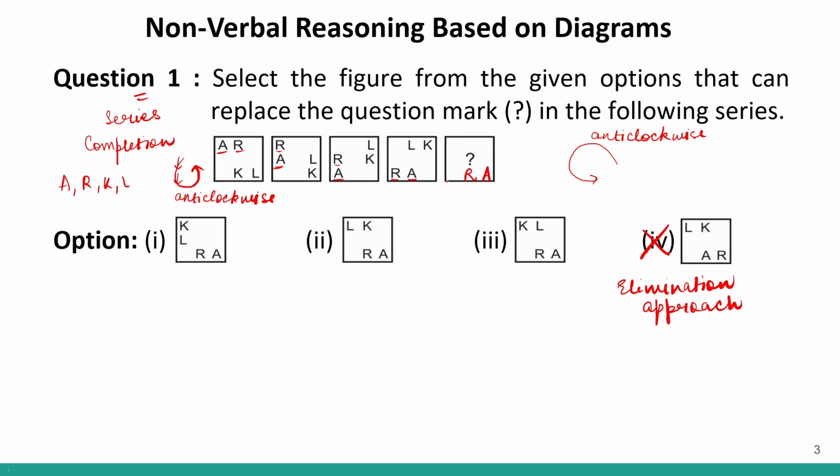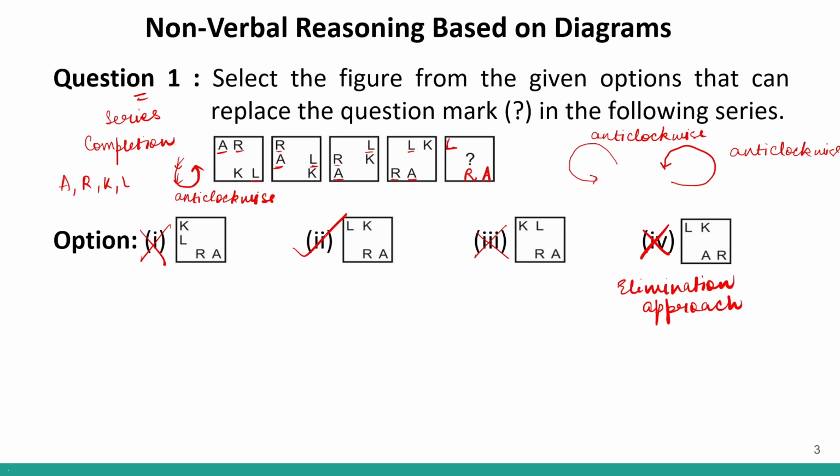Okay. Now let us look at L. L is moving from this to this to this. So one position up, then one position up, then here. So L is moving like this. Again, which direction? This is your anti-clockwise direction. L is also moving in anti-clockwise direction. So after this, L will come where? L will come over here. This eliminates option number 3 and option number 1. So our correct answer will be option number 2.